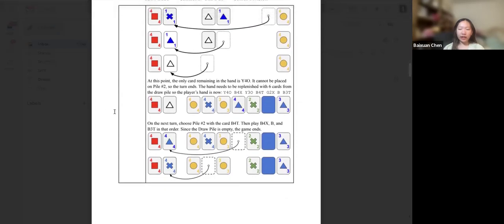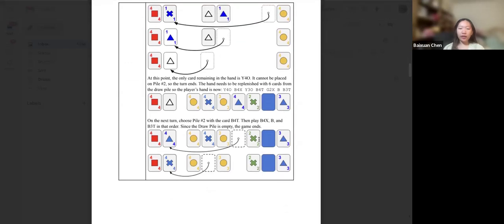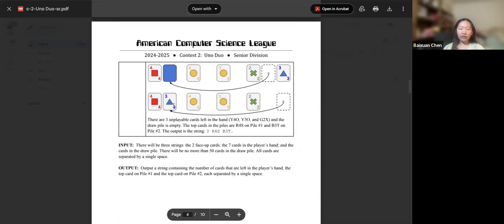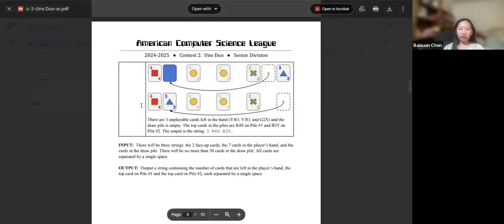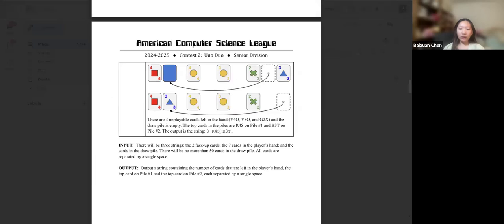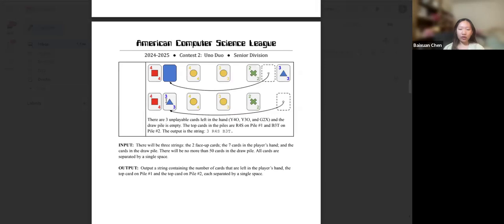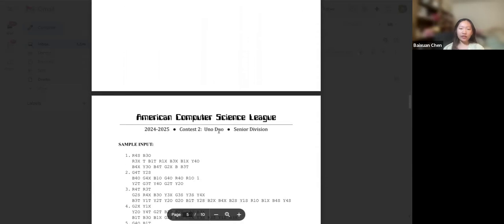Because that was the condition of the game, and we add as many cards until 7. So now we have 7 cards again. And then we repeat the process until the process is done, and this is what we have. It says there are 3 unplayable cards left in the hand, and the draw pile is empty. And the top cards in the piles are this one, R4S, and 3 triangle blue. And then on pile 2, so the output is 3 R4S and B3T. So that's the gist of this